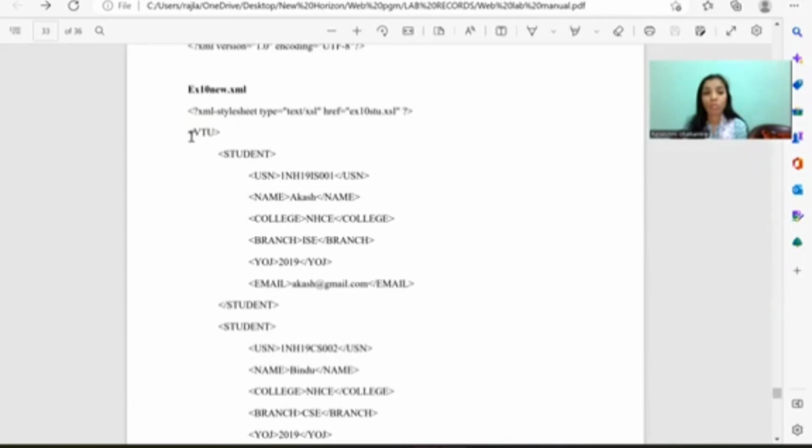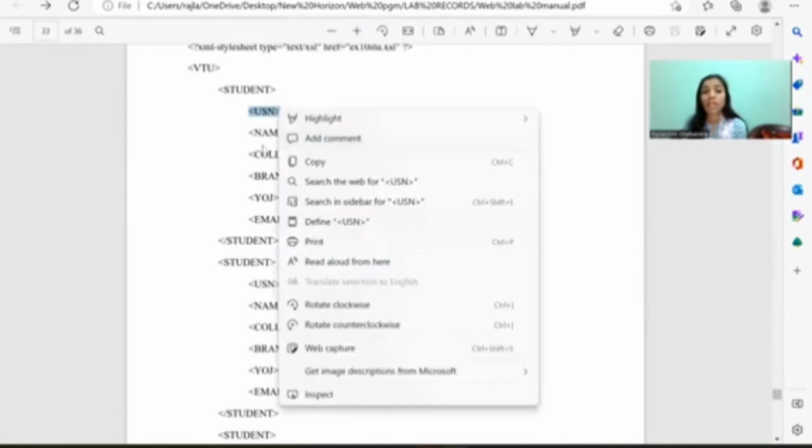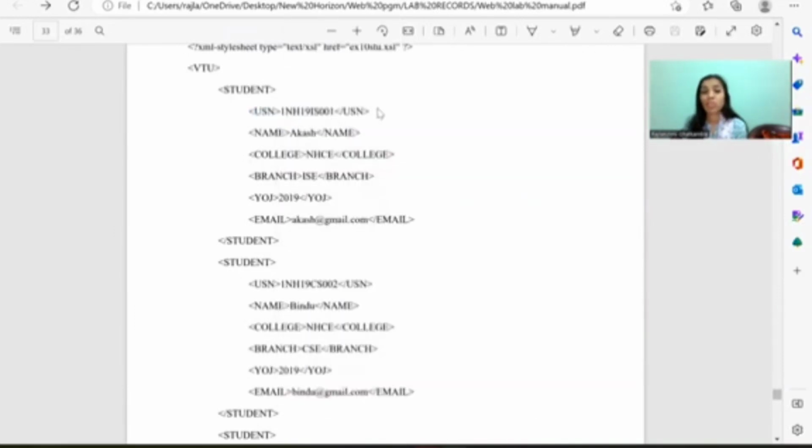Suppose now for VTU, we are going to use a VTU tag. Inside that, we are going to use a student tag, and inside student, as per the question, USN, name, college, and branch. So we use the USN tag and write the USN of that particular student, then close the USN tag. Similarly, the name tag, in between write the student's name, close the name tag. College tag, again starting and ending. Branch tag, again in between you give the value. Year of joining, YOG tag, again with the value of when he joined,